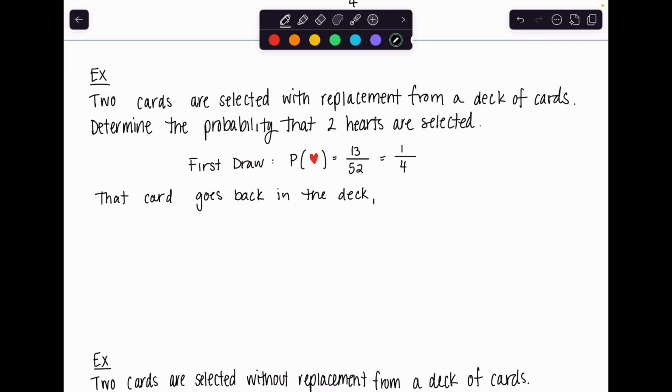Okay. So when I go to find the probability of that second draw, I have a completely fresh deck. So I'm looking at the probability of getting a second heart. So I'll call this heart number 2. And I still have all 52 cards in there, and I can draw the same one again. So I still have a 13 out of 52, or a 1/4 chance of getting a heart on the second draw as well. So our probability of getting a heart and then another heart